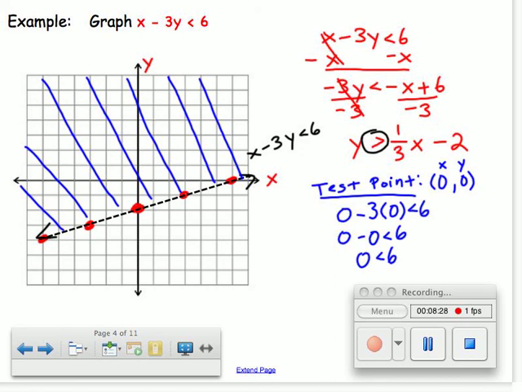And you can check your answer. If you take a point such as 3, negative 5, that x and y value pair will not make the inequality true. But any ordered pair in that shaded region will make the inequality true. So always go back to those 5 steps, pause the video as many times as you need, rewind it, make